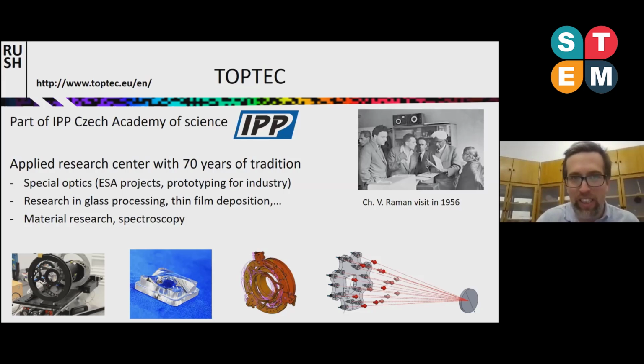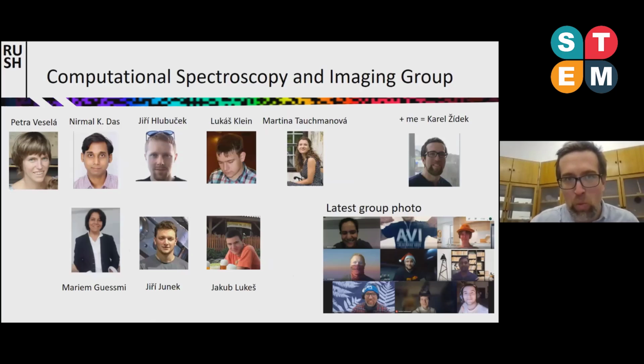And this is where my group of computational spectroscopy and imaging comes in. So here you can see the members and the latest group photo from our last meeting, which, as you can see, was affected by COVID as anywhere else on the earth.